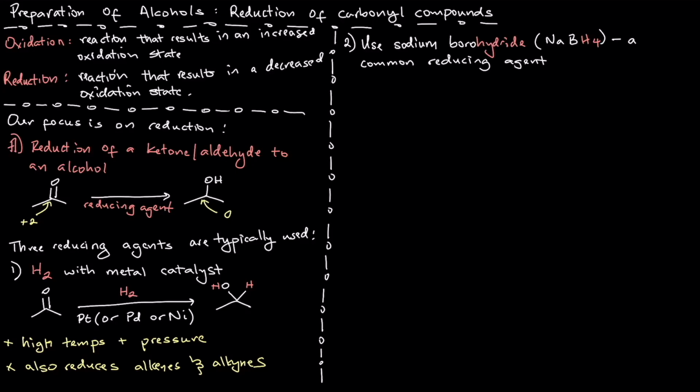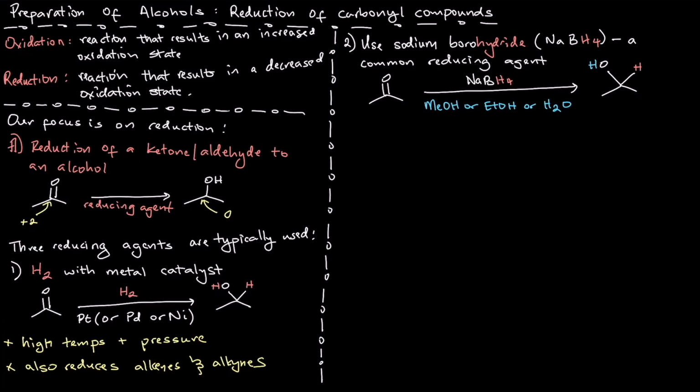The second method, which is arguably much better from a synthetic point of view because it's milder and it is selective, is to use sodium borohydride, which is a very common reducing agent. So if you treat your ketone or an aldehyde with sodium borohydride, and you have to make sure that you are in an alcoholic solvent such as methanol or ethanol or even water, if you do so, you will get